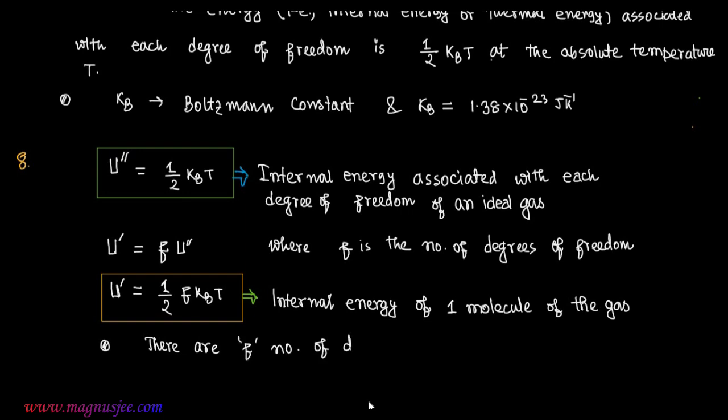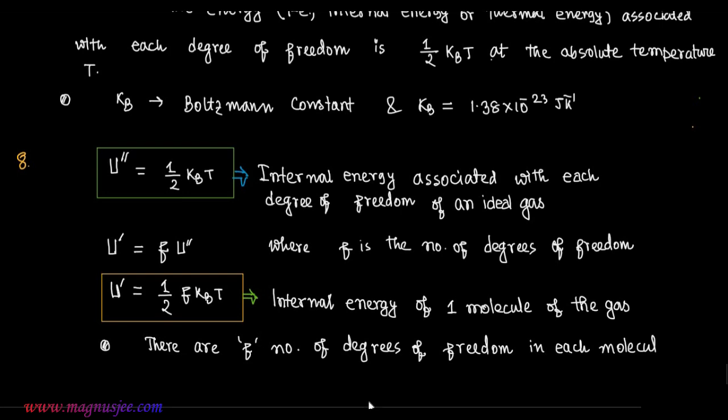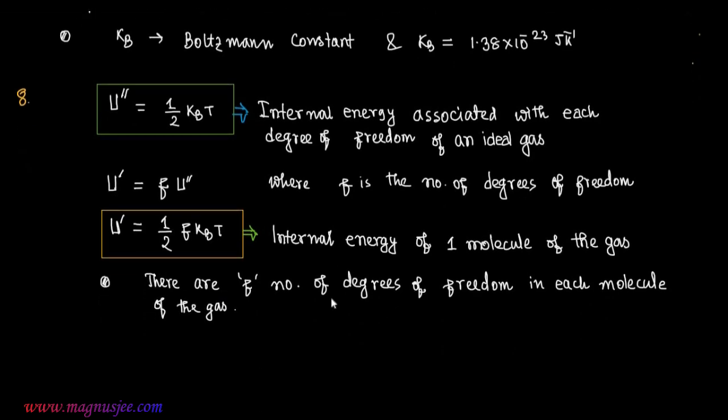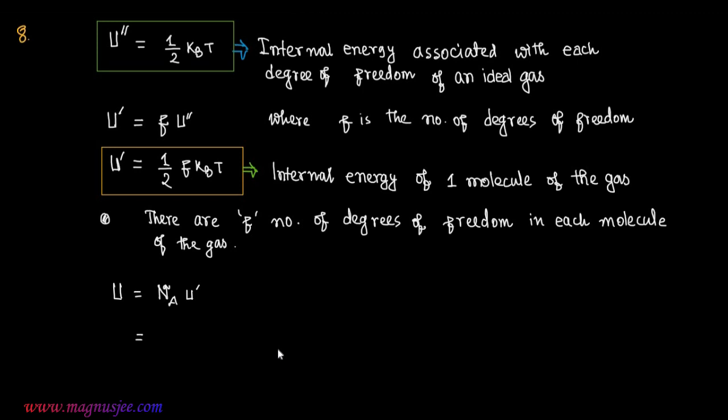There are f number of degrees of freedom in each molecule of the ideal gas. That's why we can write U equal to Na into U prime, where Na is the Avogadro's number. Putting the expression of U prime, we get Na times half f kT equal to half f times Na into k into T,